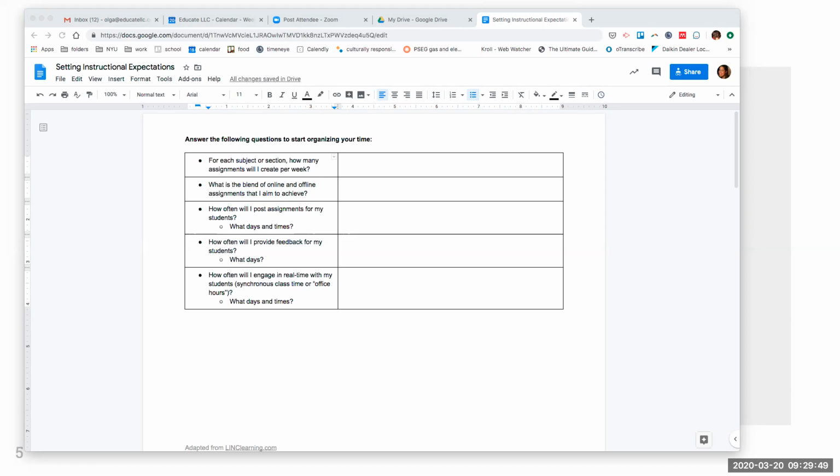What's feasible? What is even quality? Like if they're too young to type something in, then you're not getting a true sense of their understanding. So you're going to be able to navigate that best in terms of what's best for your students. But those are definitely some options, and I'm going to show you how to do those things.